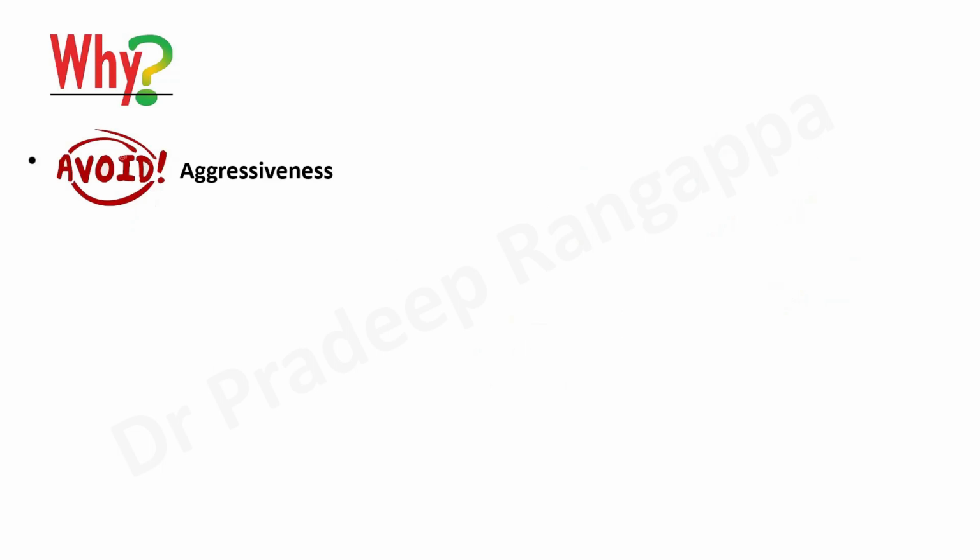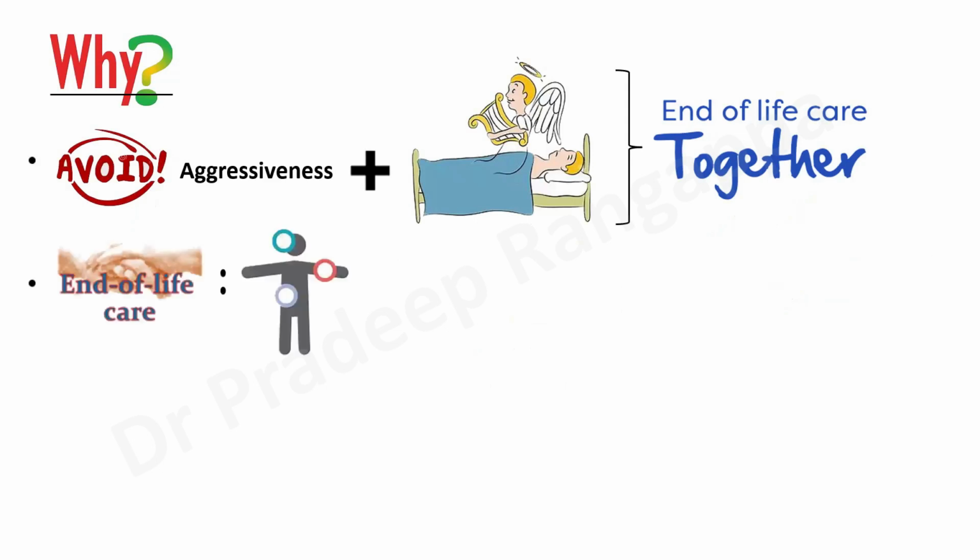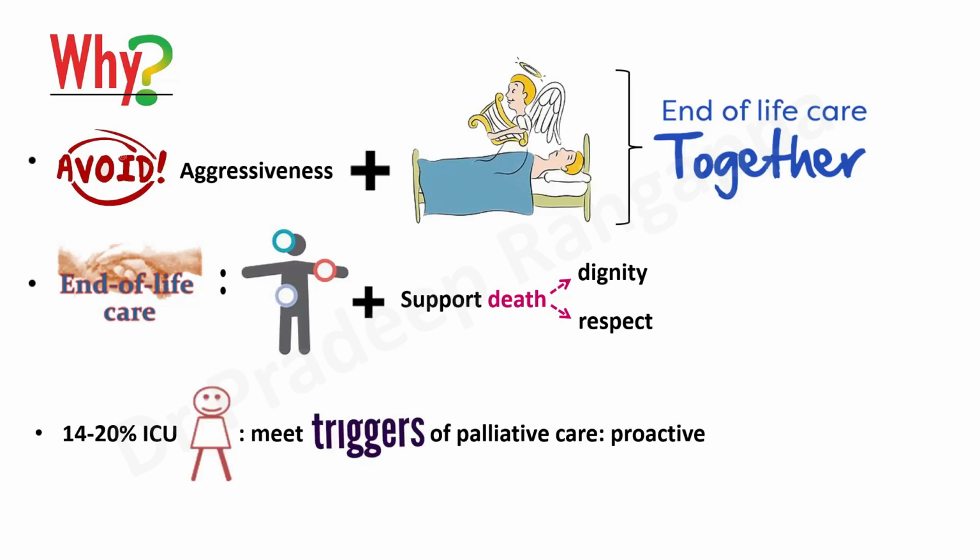The intent of palliative care is to avoid aggressive therapeutic modalities when you know that there is no definitive cure for the condition, and to prepare the patient for the process of death, as to how the process of death will happen. It means adopting the science of end of life care in patients where there is no curative intent, and applying end of life measures, which I'll be repeating quite a bit, like alleviating the symptoms. End of life care is also about taking them through the process of death with dignity and respect.